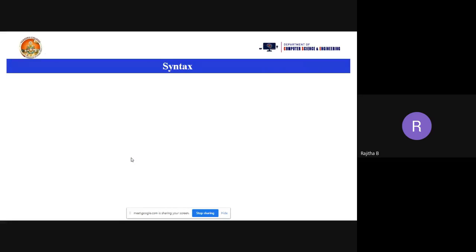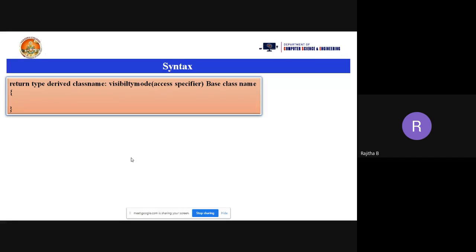Now how to declare the syntax of inheritance. Return type means you can take integer, float, or void, any return type here. And the derived class name, sorry, the derived class name, suppose it is a child class name. And colon symbol, visibility mode, access specifier, and base class name.